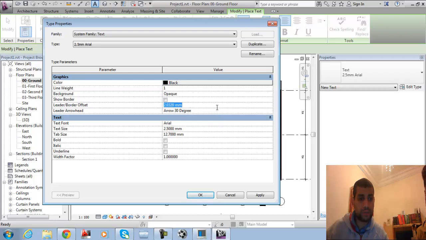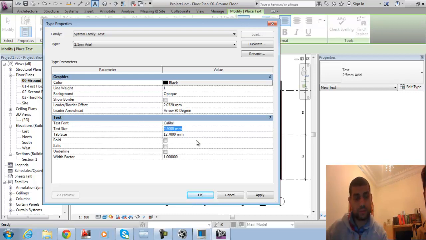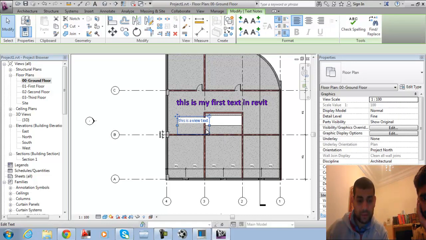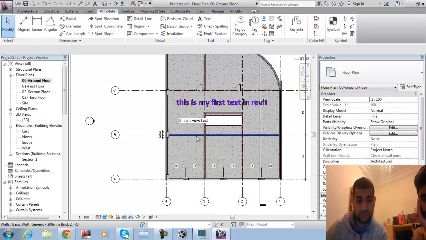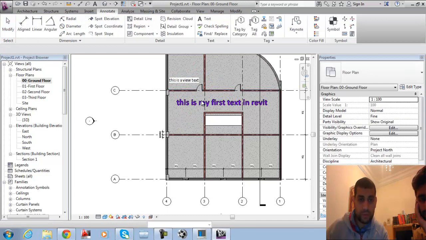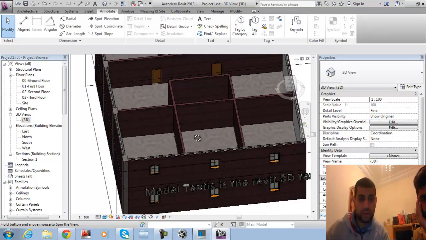Line weight. The leader. Very Arial. .5, make it 5, apply, and okay. This is view text. Okay. MV. This is a view text. Okay. If you go to 3D and want to see the text